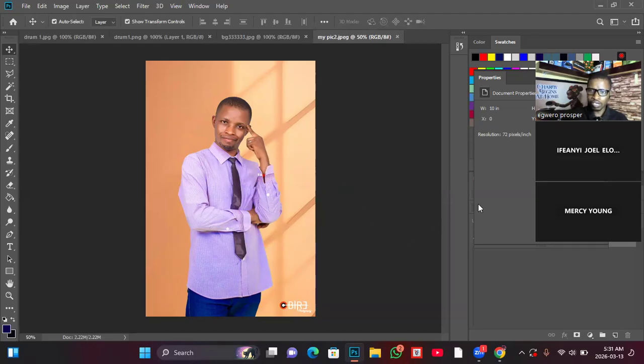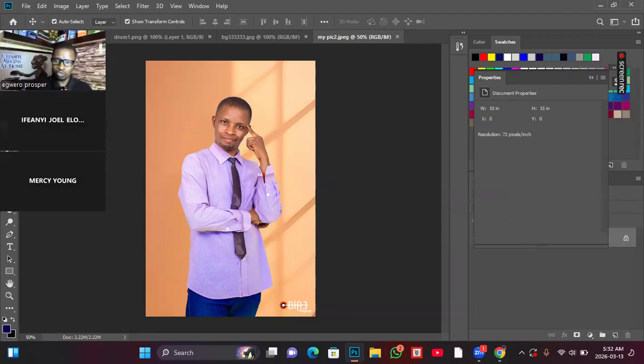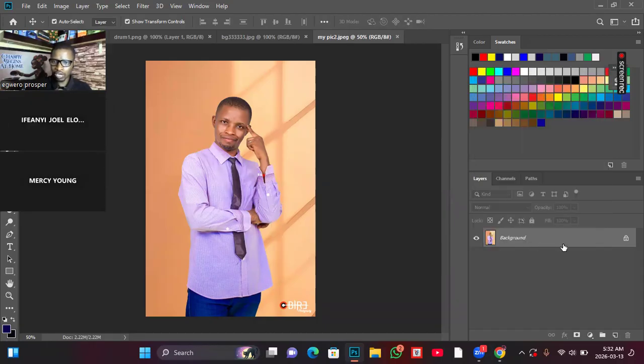So to start with, how do we trace out this background? That is the focus. How do we remove this background? The first thing you are expected to do as a photo editor is to make sure that you are viewing the layer. You can see the layer is currently locked. If you trim this picture without unlocking this layer, it will give it an automatic background color. It might be red, it might be blue. So the first step,